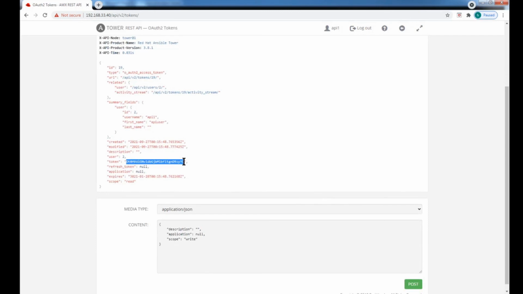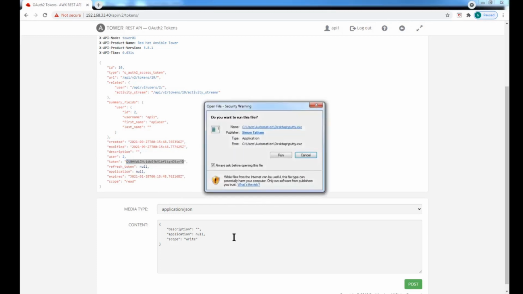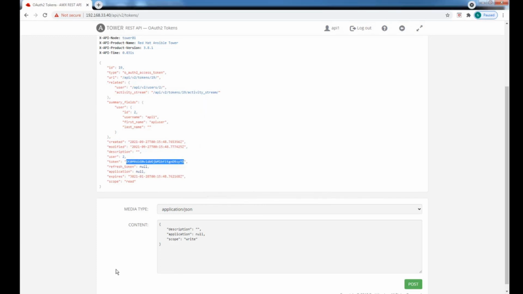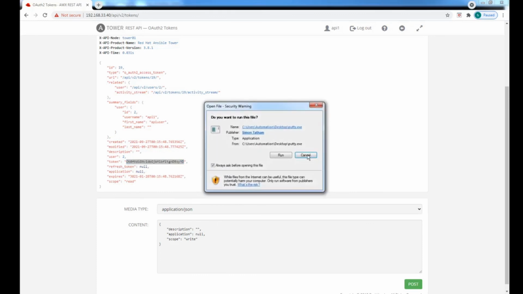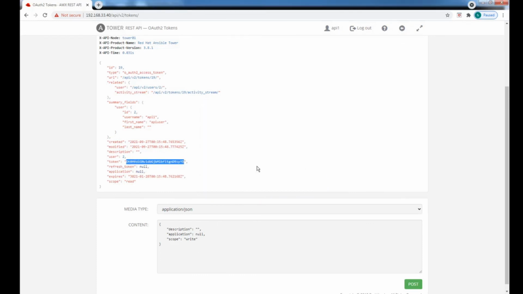So this is the last method. I know how to create a token. I'm going to use the same CLI to